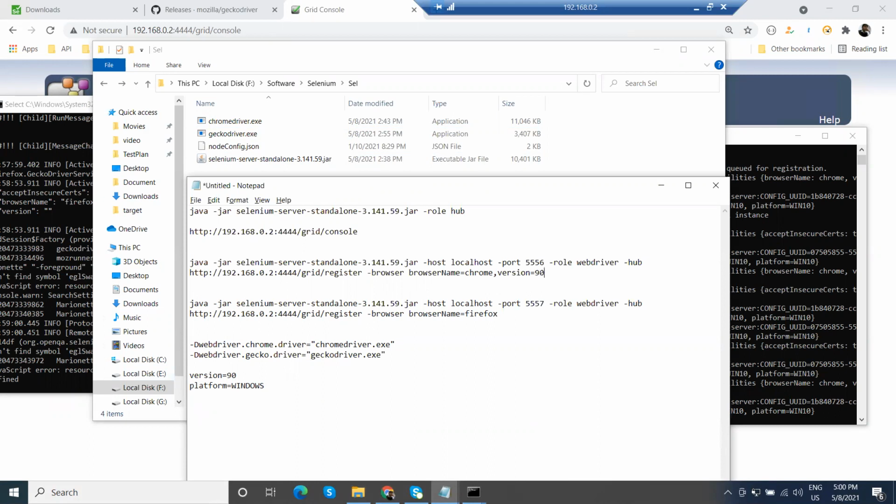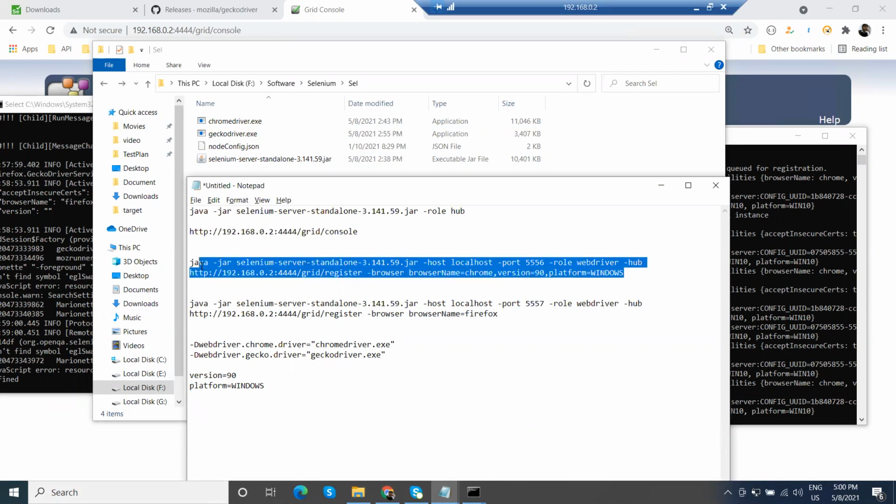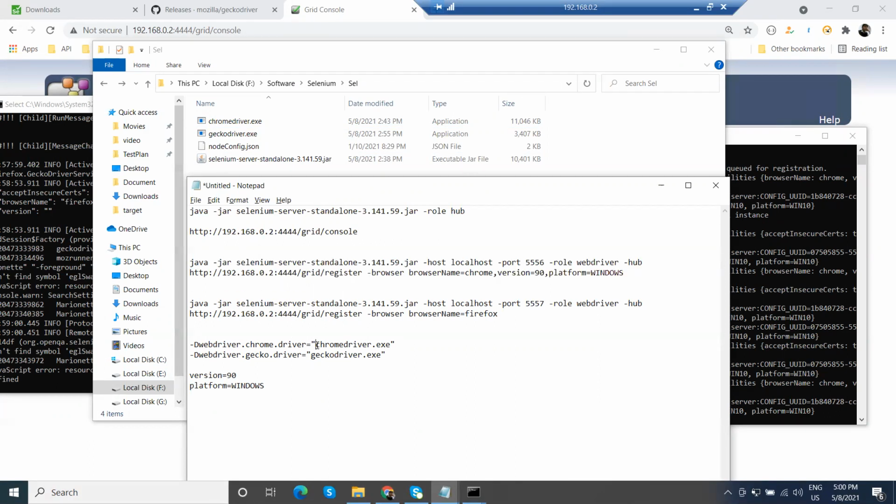If you want to run this on a particular platform, just add the platform name, comma, then the platform, and run this complete command. Similarly, if you want particular drivers, you can add this command along with this command and mention your Chrome driver or Gecko driver exe path. But if you are putting the Selenium jar file as well as the exe files in the same folder, then you don't need to pass this information along your command line. Selenium will automatically pick the driver exe from the current folder.